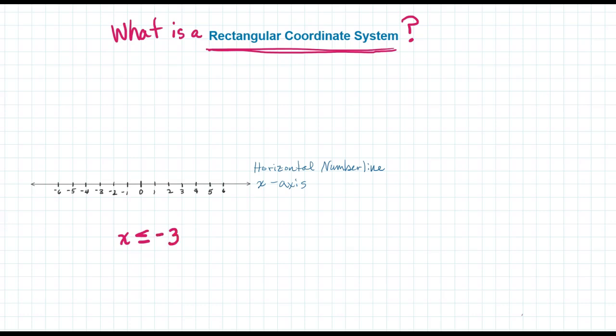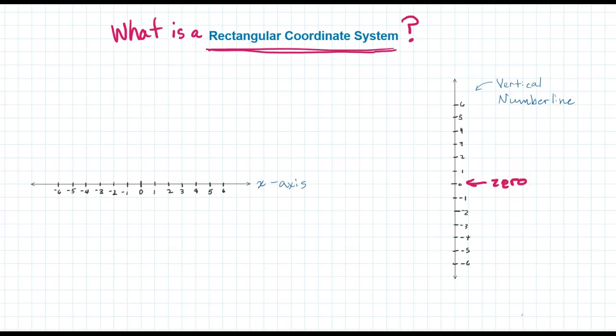We could shade everything below -3, and either we used a bracket or we used a closed circle. We'll put an arrow indicating that it went on to -infinity, and we had -infinity through -3 included with a bracket. This horizontal number line represented all real numbers, right? What if we made the number line a vertical number line? Here's 0. And then moving upward would be my positive values, and then from 0 downward would be my